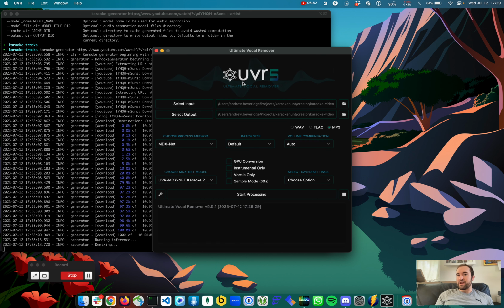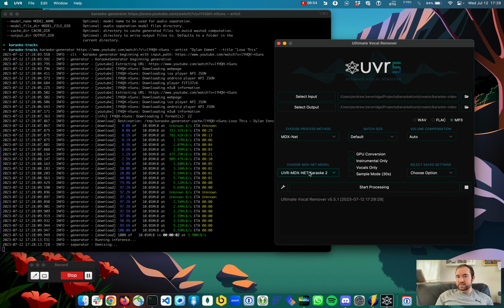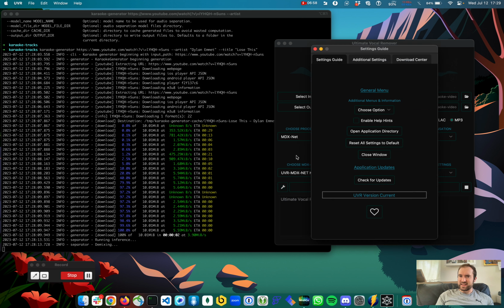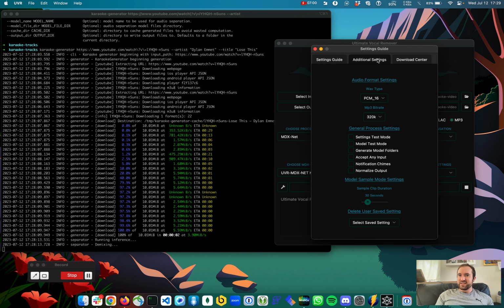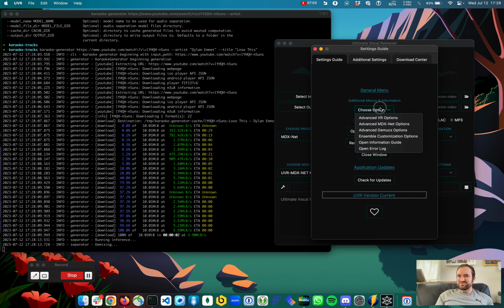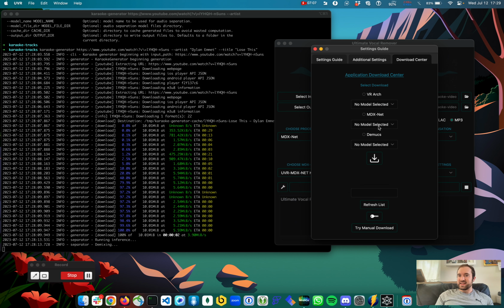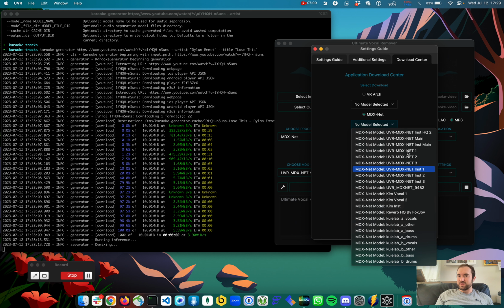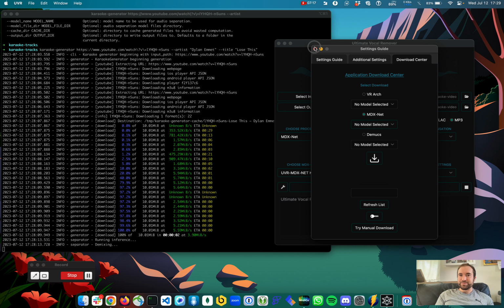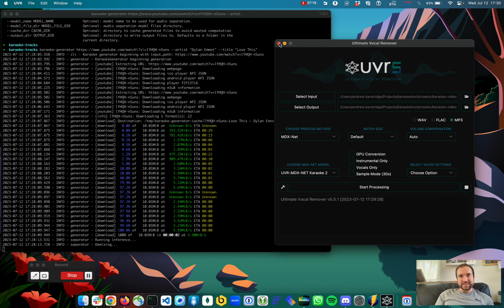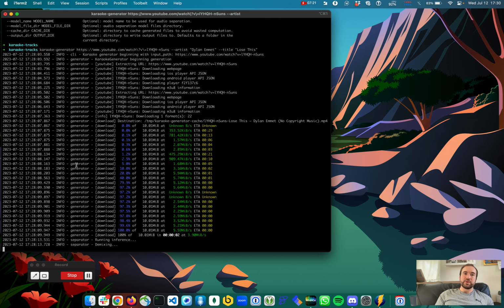So if you're using the graphical UVR, this is the model that I choose to use, and you get this list of models by going into the settings and then going into, I think, I've lost track, is it here? Oh no, it's Download Center, and then you can download specific MDXNet models from this list, and the one I use is, well, it's not in the list because I've already downloaded it, but it's normally here, it's like the Kara 2 one. But as I say, I'm not actually using the graphical program anymore,